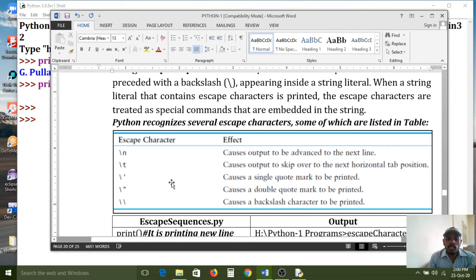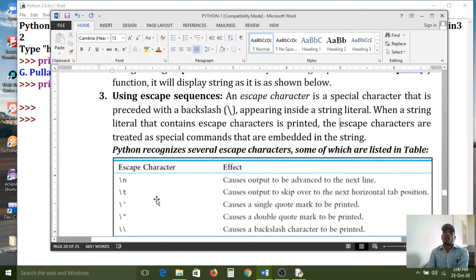Already you have used all those things in your C programming language. In the previous semester you learned about all those things. Am I correct or not? Like that, the Python programming language also supports escape sequence characters. If you want to break a line, we need to use the \n character. It will break the line. Like that, if you want to print a tab space, \t also we have to use.